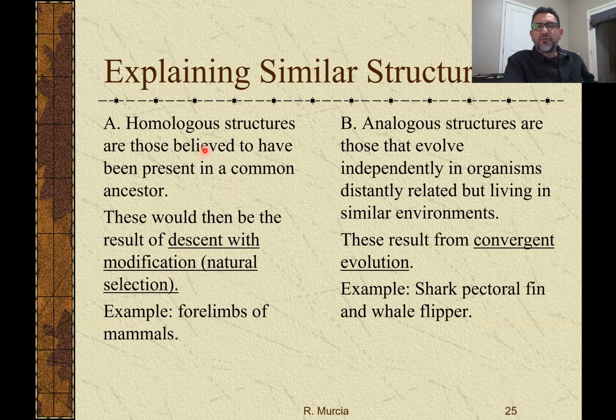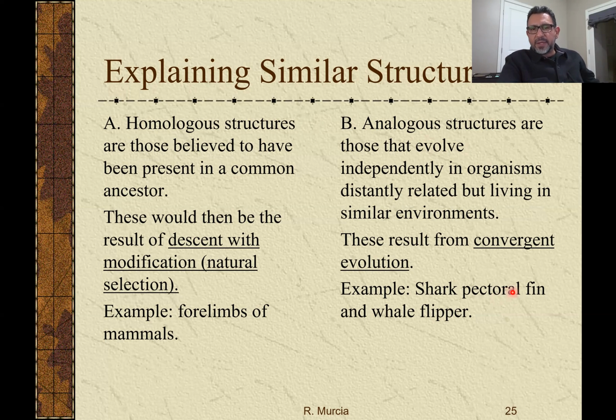One has to be careful not to confuse homologous traits with analogous structures. Analogous structures are going to be those that show similarity between two groups of organisms, but they are not the result of shared evolutionary history. And so, for example, when you look at certain kinds of organisms like